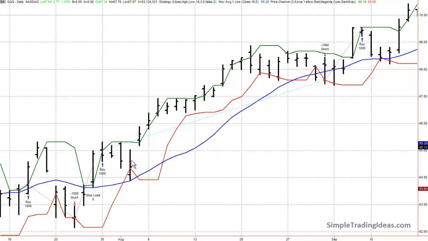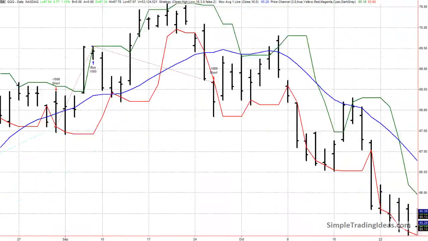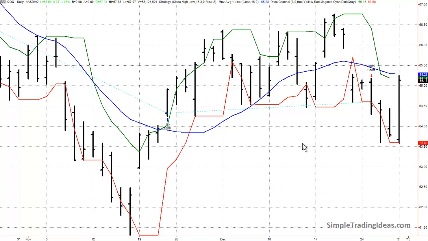And you can use one indicator to filter another. You can use price patterns to filter one another. You can use an indicator to filter a price pattern. In this case, all we're using is a simple moving average